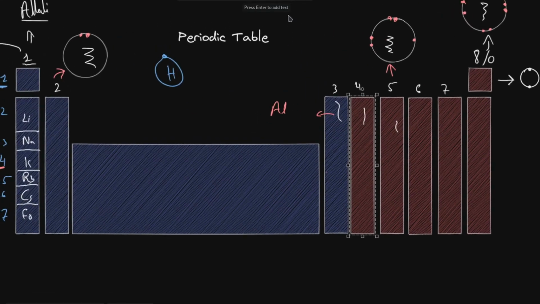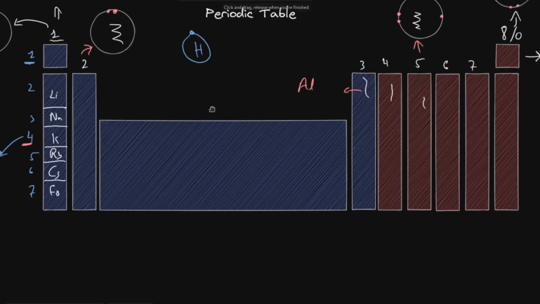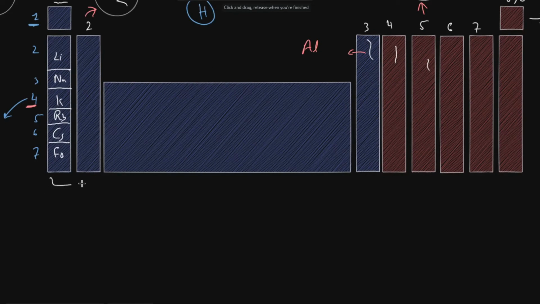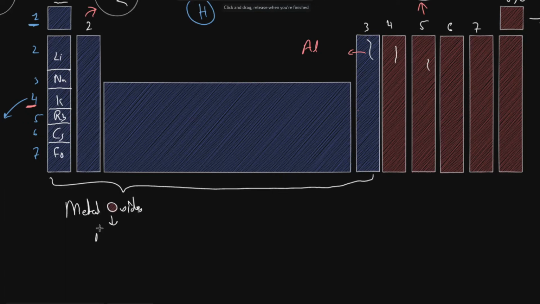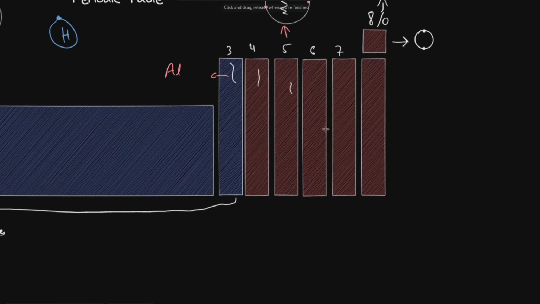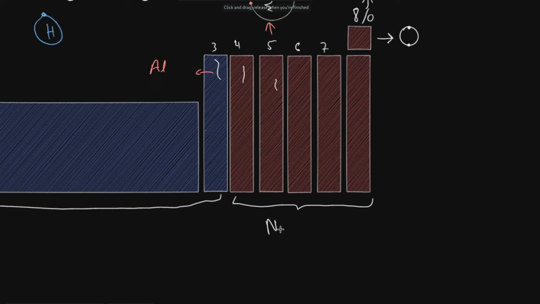This value can be understood from many different aspects. Furthermore, it can be understood from the fact that all of these metals, if we talk about the metal oxides, then their metal oxides will be alkali. Not specifically alkali, but base. They will behave as a base. The non-metal oxides will behave as acidic